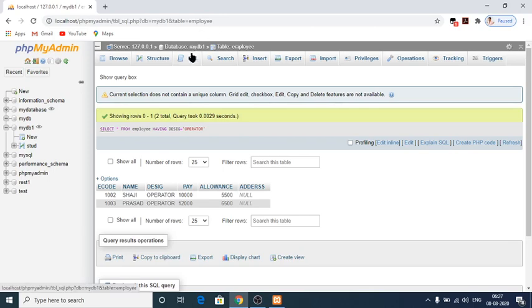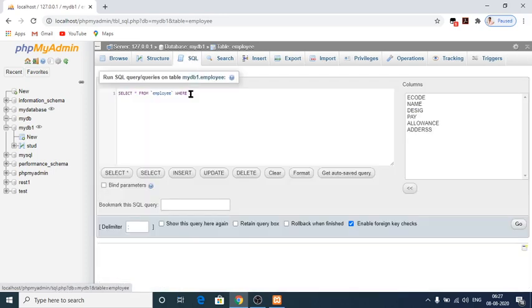and again I would like to count how many operators and how many supervisors are there. Here I would like to give select DESIG, comma, count star from the table employee,